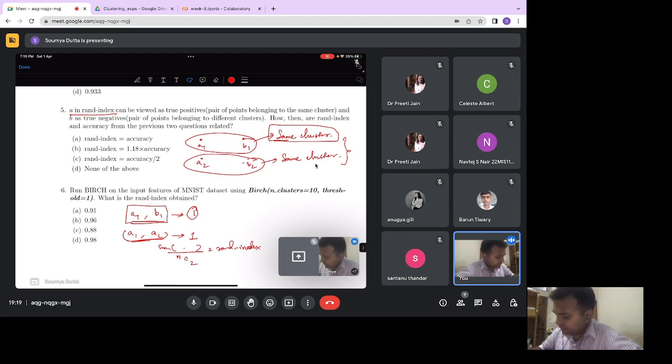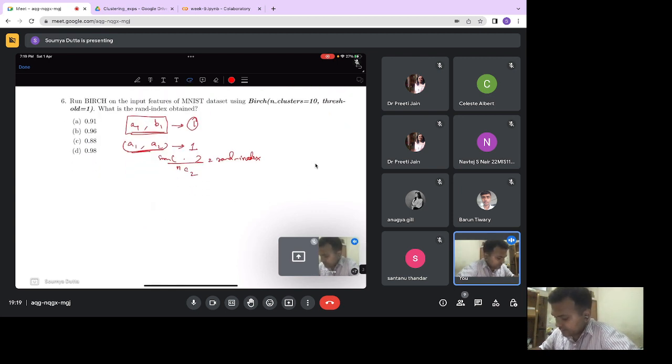So of course it's an indication of how well you have clustered, and that is RAND index. The other thing is you want to have something called accuracy. So accuracy is quite obvious. Accuracy is the same thing as to say that all these points belong to cluster 1, and all these points belong to cluster 2. So how many of the cluster 1 points have I been able to classify correctly, and how many of the other points have I been able to classify correctly, and that gives you a sense